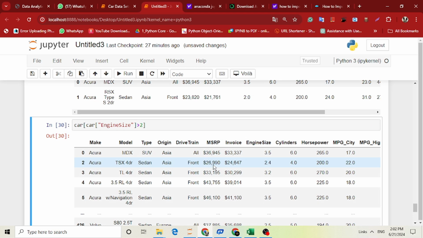You can check also particular horsepower. I simply copy the horsepower column, remember this particular column. I require the horsepower more than 200. Okay, I can change 200 to 270 and look at the horsepower and engine size. So if I want to check more than 270 horsepower of the cars in my data set,